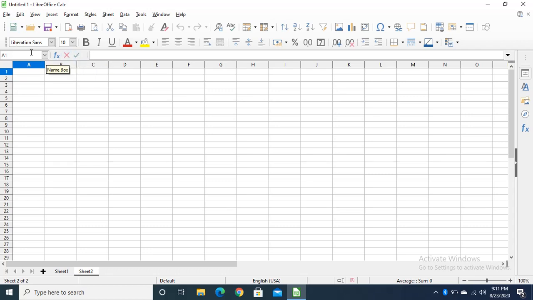So these are the basic components of your LibreOffice window: title bar, menu bar, standard toolbar, formatting toolbar. This is your formula bar, name box, right? A, B, C, D are column headers. 1, 2, 3, 4 are your row headers. Then we have navigation buttons, add sheet button. These are the names of different sheets, that is, sheet tabs, right? This complete area is your work area. And at the bottom, this represents the status bar, right? So this is all about your LibreOffice window.